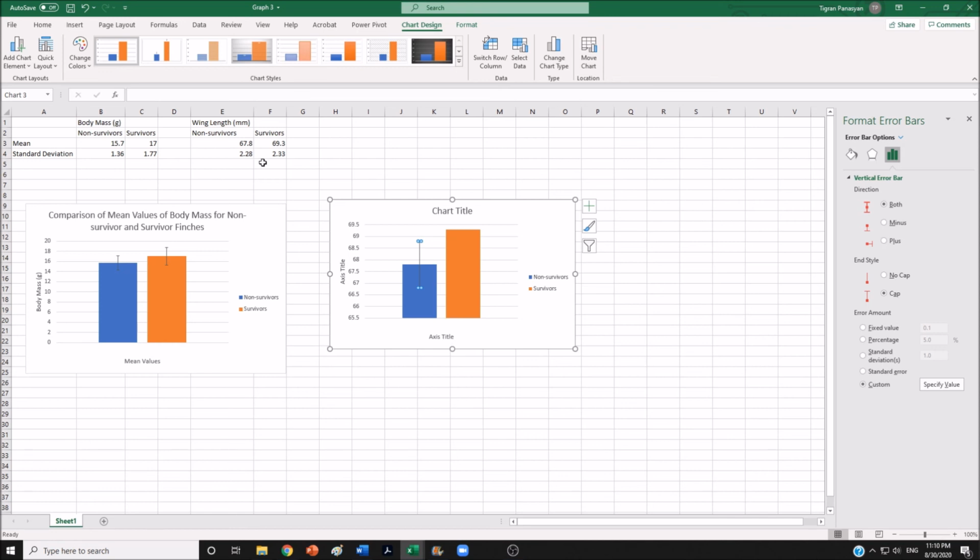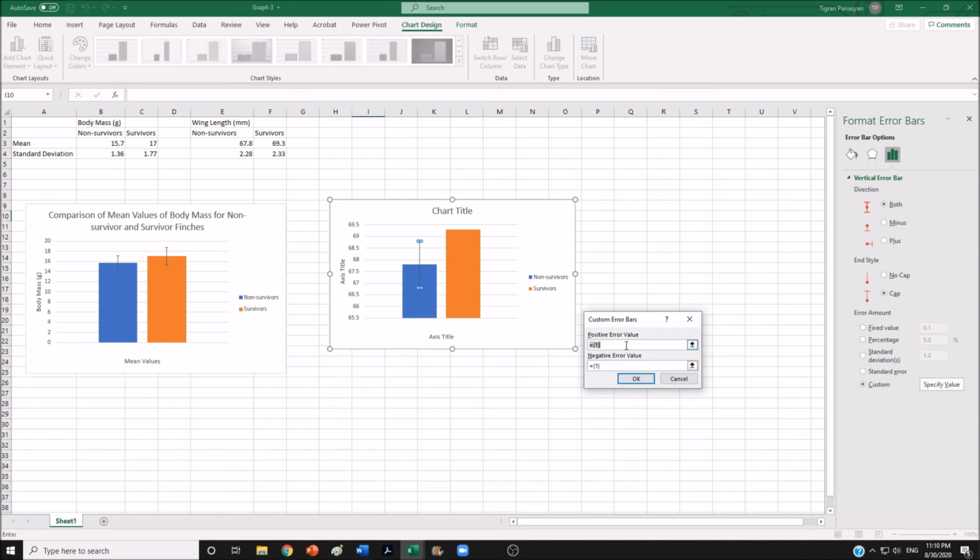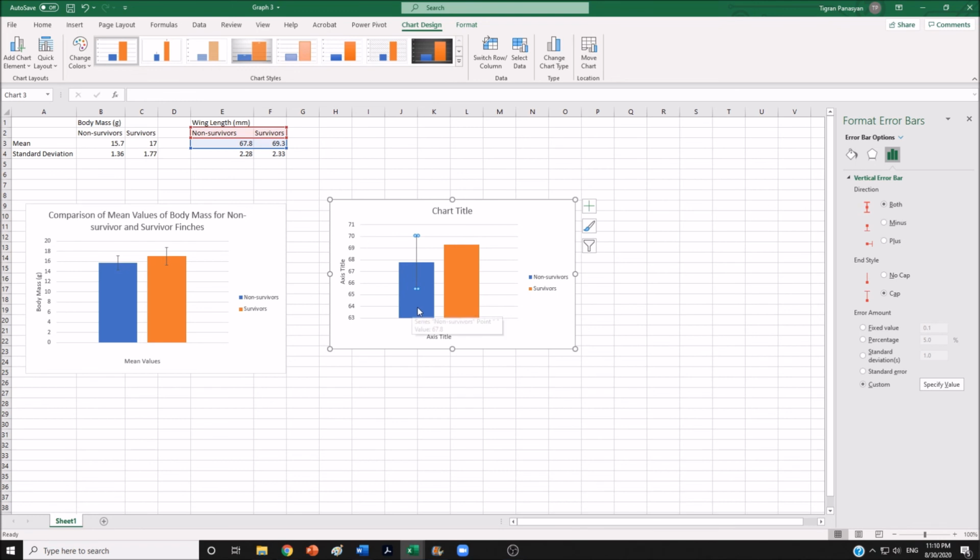For that purpose, you will click specific values, and in this box it says positive error values and negative error values. But since we don't have that, we have only one value, it's basically the range. You will delete the values in both boxes and add the same value twice. I know it's redundant, but that's how it's supposed to be done. And then press OK. As you can see, the error bar appeared for the non-survivor group, and you will do the same exact thing for the